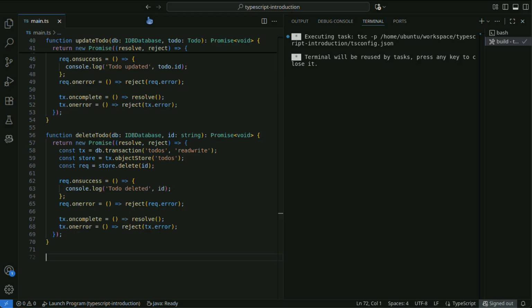When processing is successful, the deleted ID is logged. These functions resolve or reject a promise depending on transaction completion or errors. Including output via console.log makes it easy to track what is happening during execution.